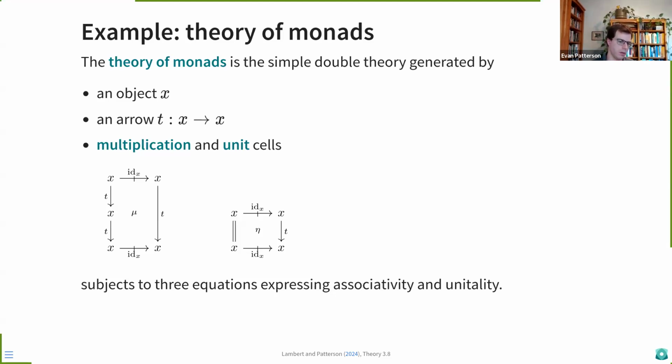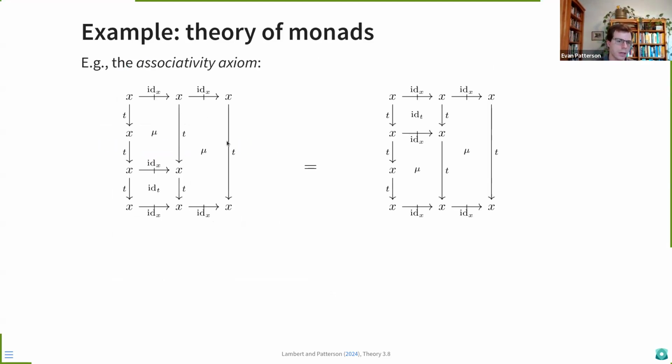this form. So if you read them from left to right, it does look a heck of a lot like what you would expect to see in a monad, because we have something going from T composed with itself to T for the multiplication, and something from the identity to T for the unit. And then these need to obey some laws, namely associativity and unitality laws, and they're the ones that you would, again, write down. So the associativity law looks like this, for example. I've omitted the unitality laws, and